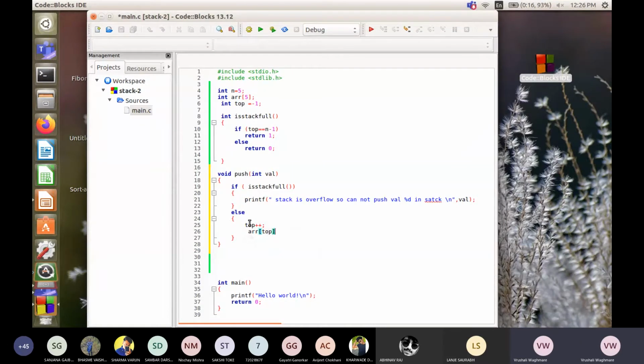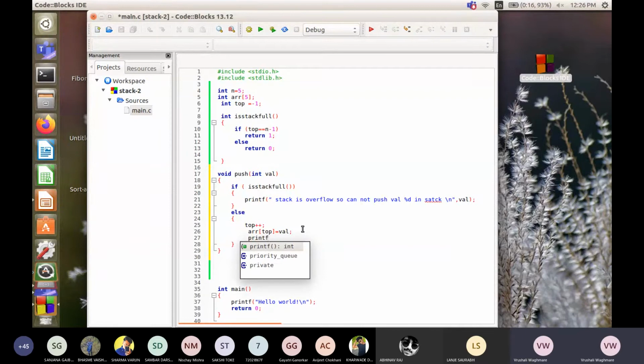Top position, will put the value. ठीक है, और यहाँ पे हम will print also for ourselves.